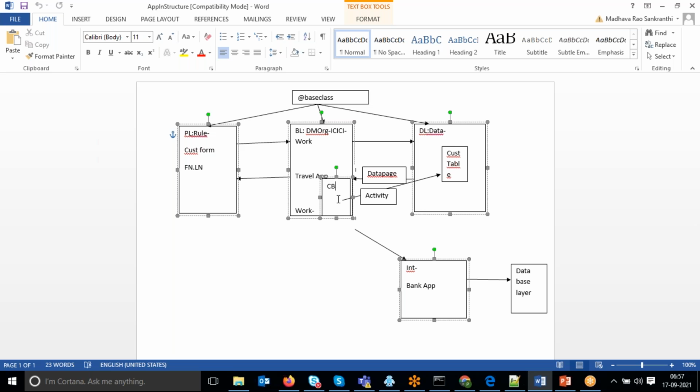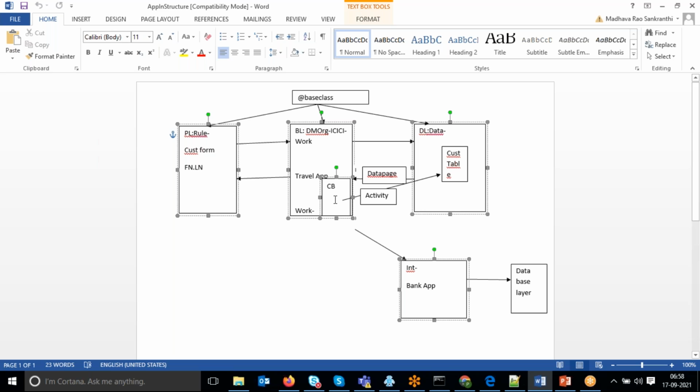Until changes happen, the first time the data comes, and a number of users will be using the cricket score live, which I can watch online. So when the first user opens the site and brings the data from the database to the presentation layer, at that time it will be stored in the clipboard until the next changes. Only when the changes happen will it go and bring the data again. Otherwise, whatever the data is, it stays stored inside the clipboard.